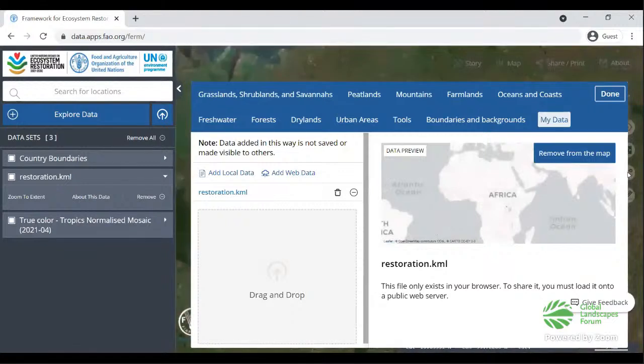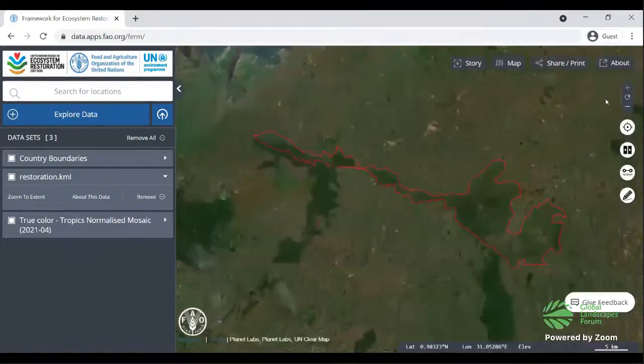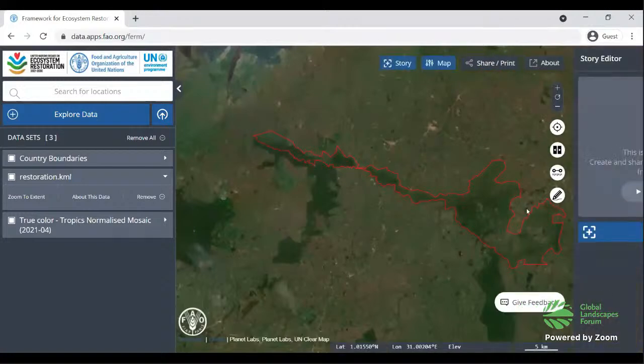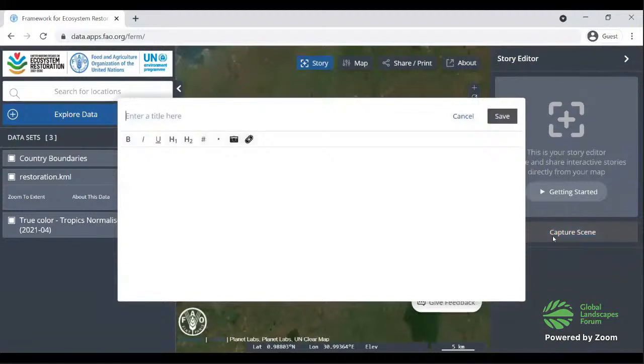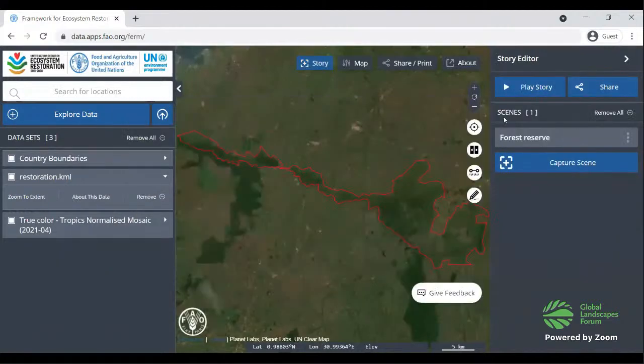It shows the boundaries for a central forest reserve in Uganda where restoration is actively ongoing. Let's capture this larger area that we can later share in a story. Let's name this Forest Reserve. In the Forest tab,